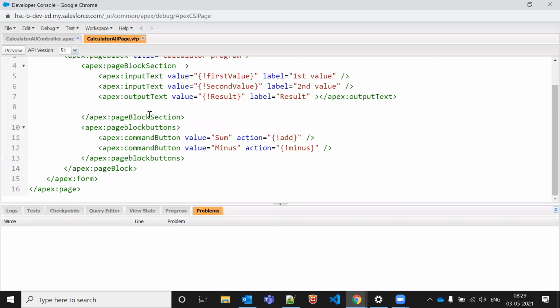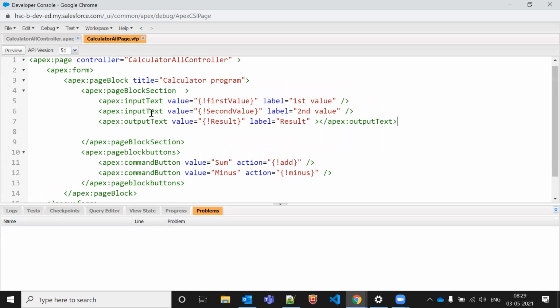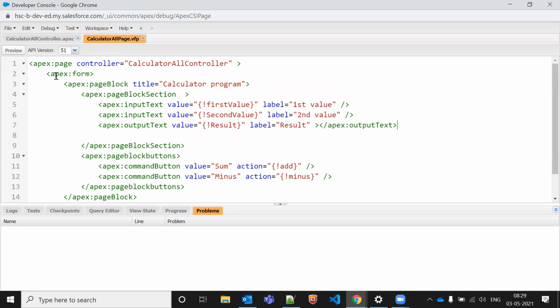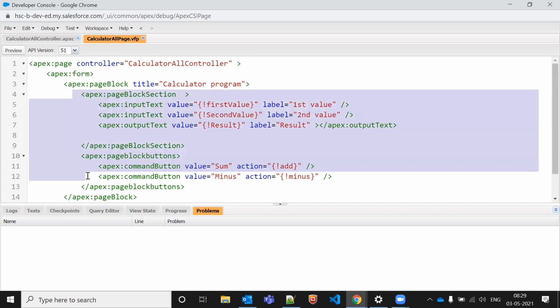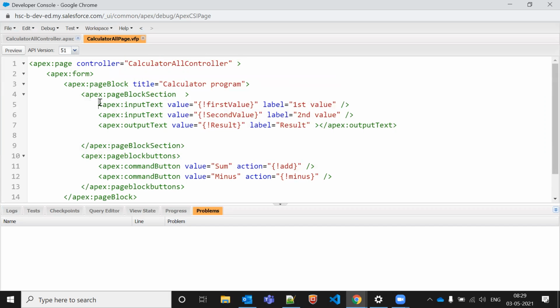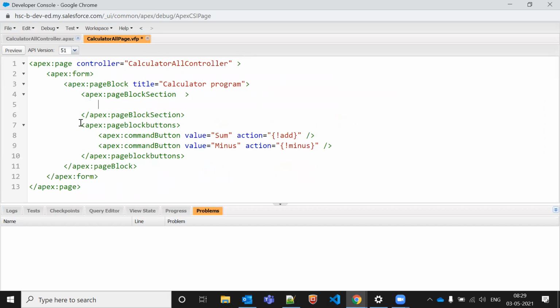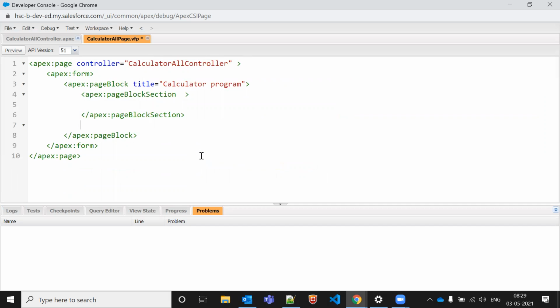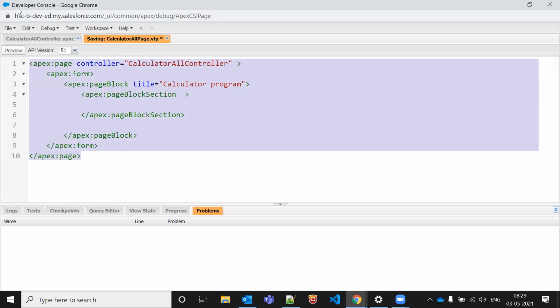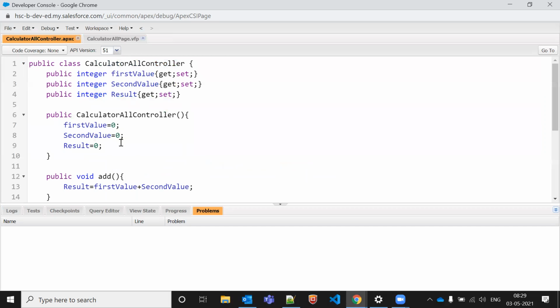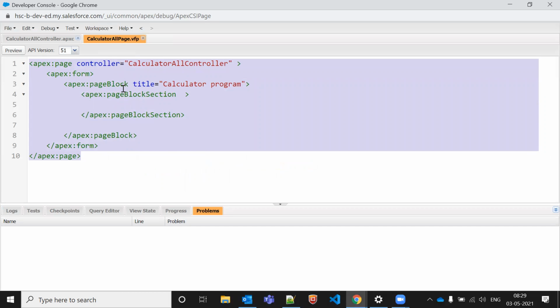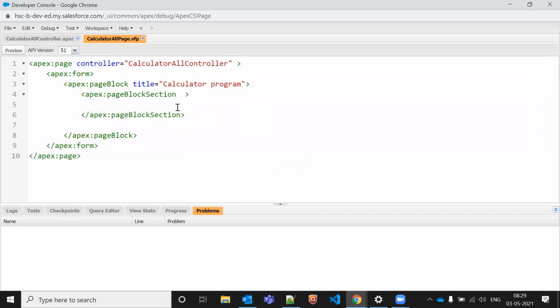And now, hopefully you understood this functionality very well. Okay, so now let me remove the code. Let me remove the code, and let's go to some other functionality in Visual Force page. So let's say in Visual Force page, I want to create some records from the account object or some contact object, something like this.